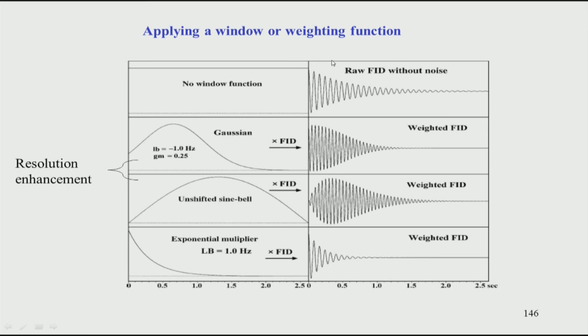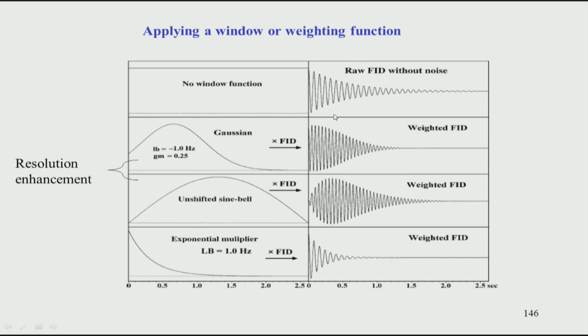So, that means your sensitivity is all focused on this side. If you want to get a very good signal to noise like we saw in the last slide, then your emphasis, that means your focus, should be on this part. That means you should not give too much importance to this side. When I say too much importance, it means you multiply with a function which takes this part to 0, and what is more important is this part.